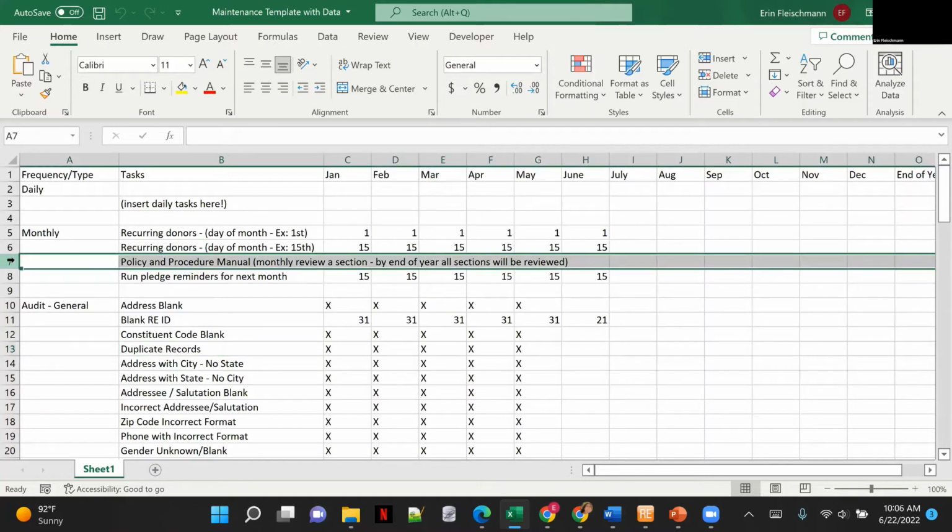This line, the policy and procedure manual, I suggest that monthly you review a section of your policy and procedures manual. Every month, pick a section. If it's a small section, maybe you take 2 sections and review it. Make sure it's still up to date. Make sure that what you wrote 5 years ago is still accurate. If you do this, then every year your policy and procedure manual will stay up to date,